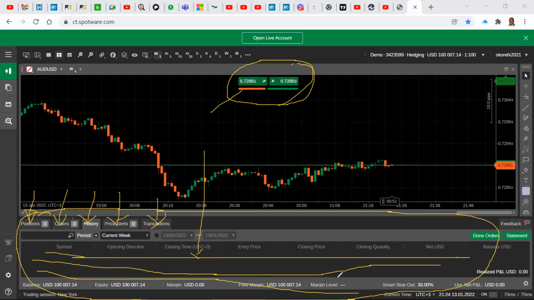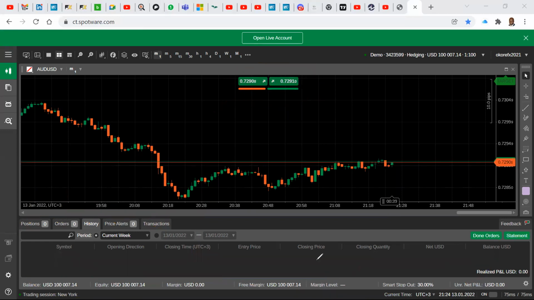Remove the drawings here. Okay, there we go. So we are now ready to walk through what I call a platform walkthrough.